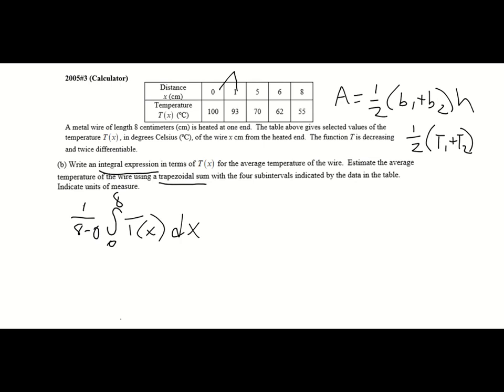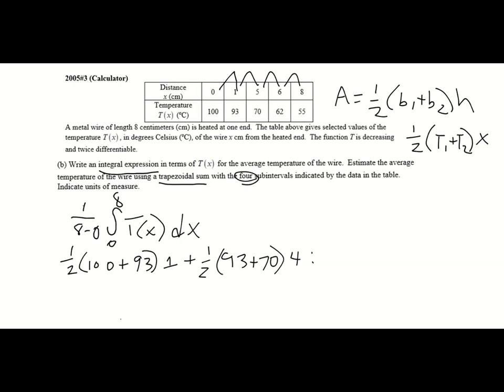So I don't know, should I use x? I guess that's the variable that they use for centimeters here. So we're going to add up how many? 1, 2, 3, 4 trapezoids. Oh, it tells you that, 4 subintervals. Okay. So the first trapezoid would be 1/2 times 100 plus 93 times the difference in centimeters would be 1 plus 1/2 times 93 plus 70 times the difference between 1 and 5 is 4